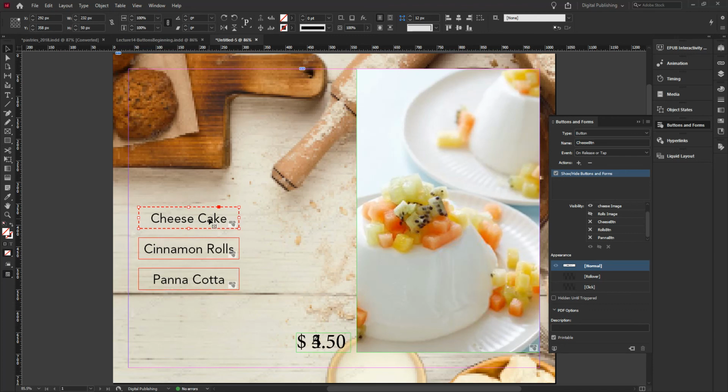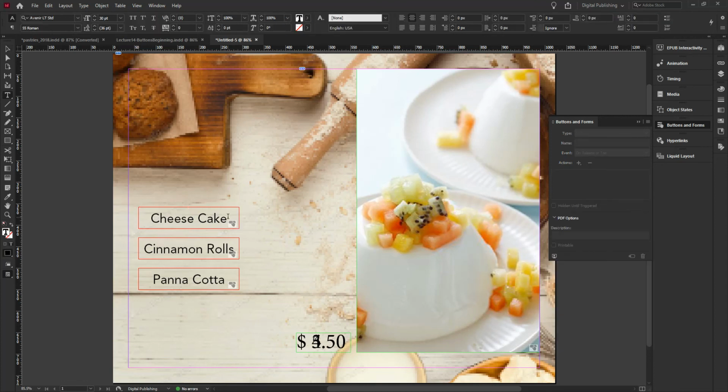Now, remember, you can always select the button and create an extra action for rollover. So if I wanted to change the text color of the buttons as I roll over, I'll select the rollover action to make a copy of the normal state. Then I'll double click on the state itself under rollover and you can actually highlight the text if you want to,